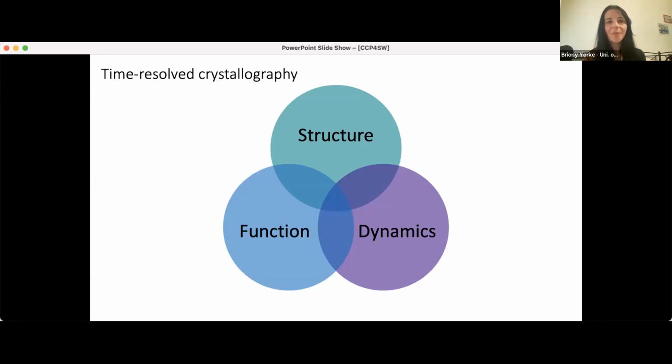So what does time-resolved crystallography really want to show us? I know you've been introduced to this already this weekend, but I'd like to go over it a little bit again. So really, traditionally, crystallographers have wanted to do two things, and that's look at the structure of molecules